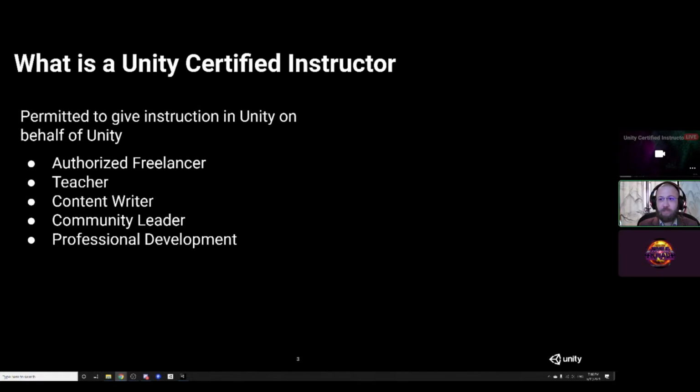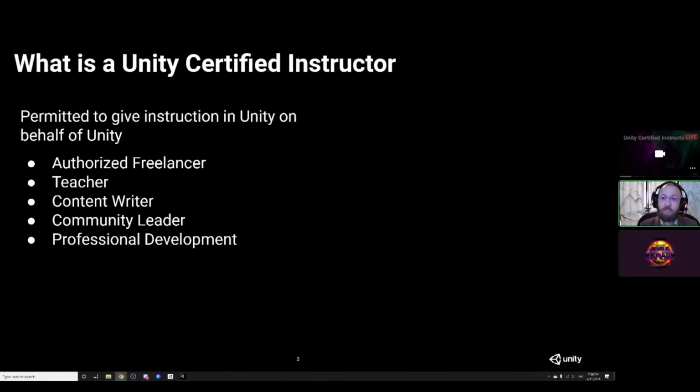You occupy somewhat of a gray area in that you're not employed by Unity themselves. So you do get some information a little early, but not like super early as if you were an employee. You're essentially an authorized freelancer, meaning that you work for yourself, filling some of the roles that you see here.